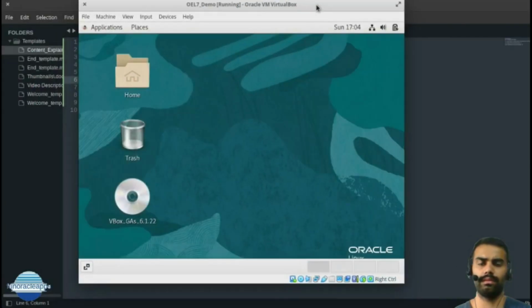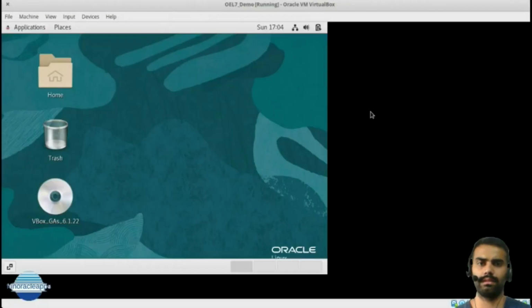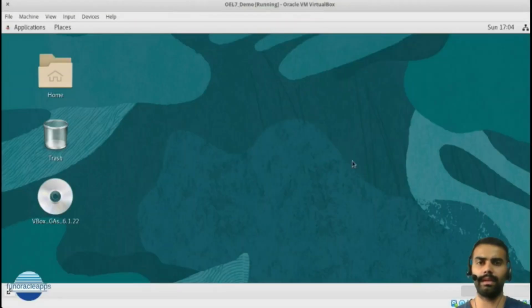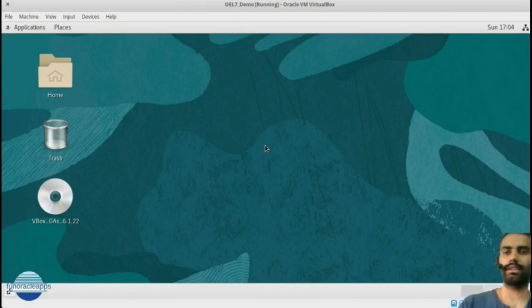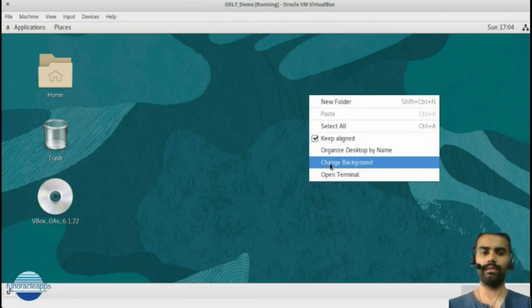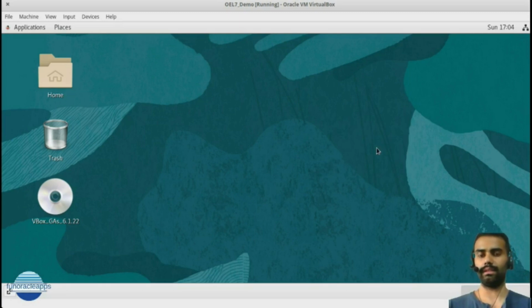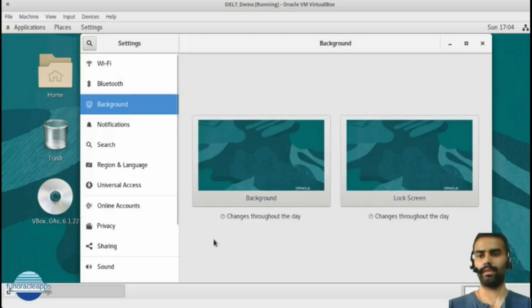Now I will minimize and maximize once, and you can see the VM has taken the full screen, so it is now picking up the full display resolution of your system. From the background and everything, you can go ahead and make any respective changes. The display and everything will be picked up from your host machine.